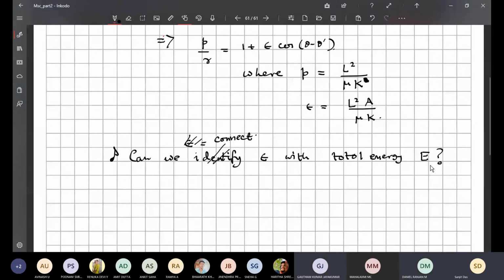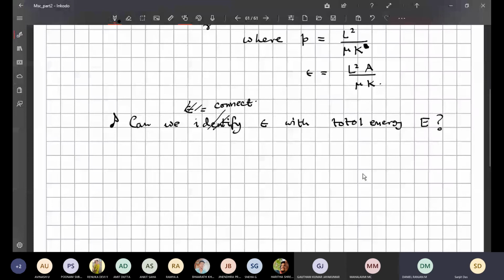Yeah, tell me. Sir, we can take the energy and take the time derivative to get to the central force. Energy is constant; if you take the time derivative, it will be zero. It will not be helpful. Tell some other way. Sir, if you write E as mu r dot squared by 2 plus V effective, and then take the time derivative... You are almost in the correct direction.